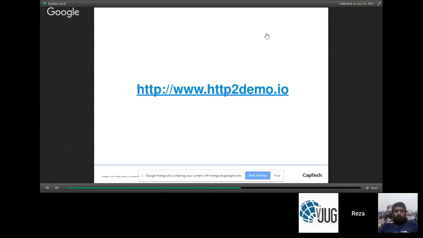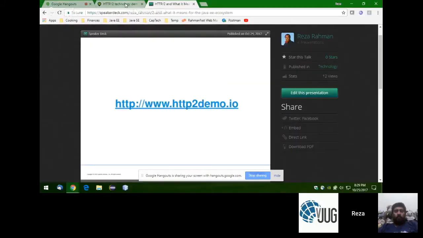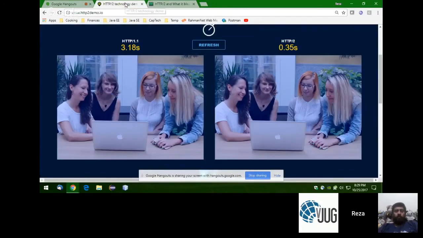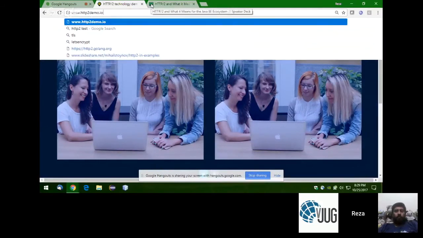So all of that is a bunch of theory, right? Let's take a look at this in practice, if you're not convinced yet that this HTTP 2.0 stuff is really worth your time. So I have a little demo. It's a nice little handy website that exists out there that helps you understand what the value proposition of HTTP 2.0 actually is. So bear with me a second. I'm going to go ahead and load this page, okay? And I'll tell you what exactly goes on when I do that.